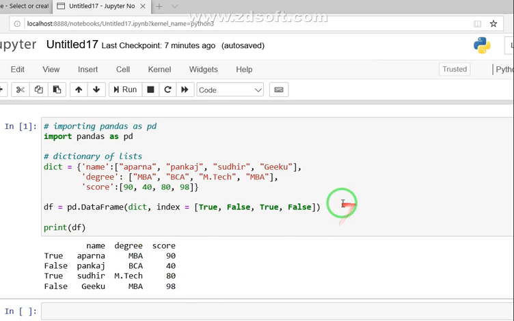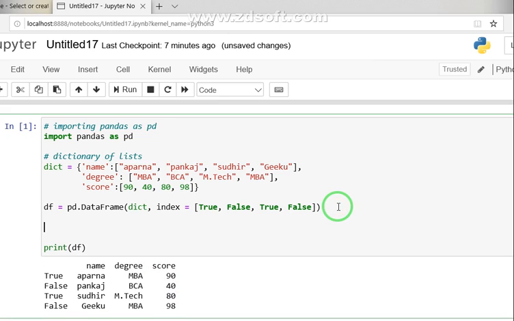Our next task is what we covered yesterday, accessing a data frame with a Boolean index. Here I will be using the dot loc method.